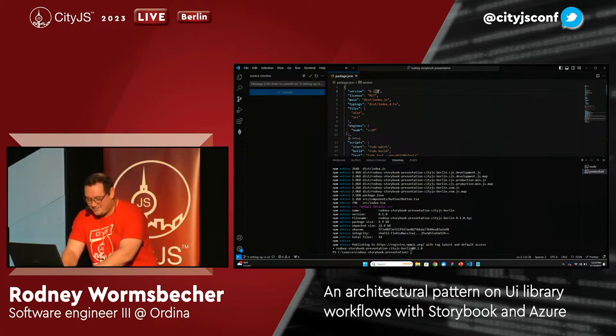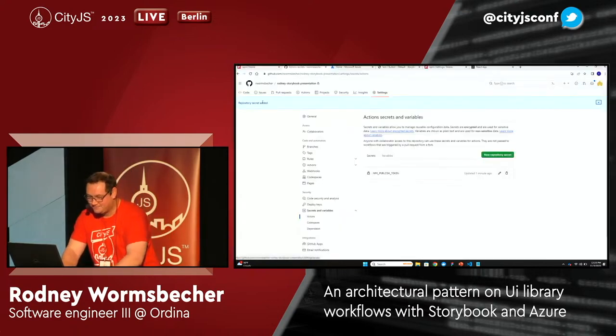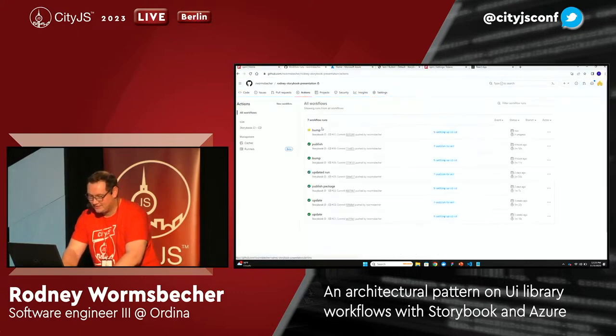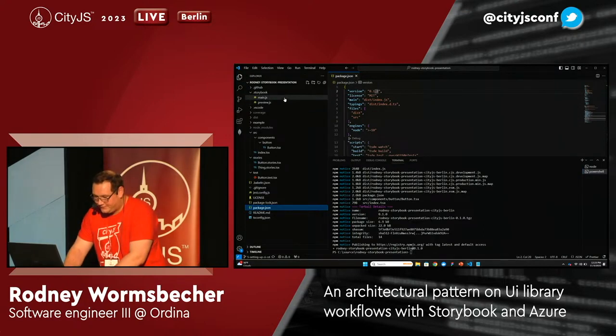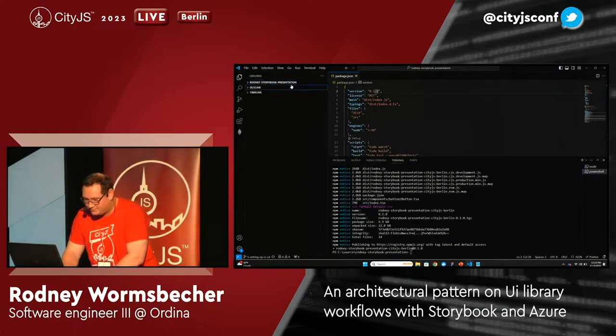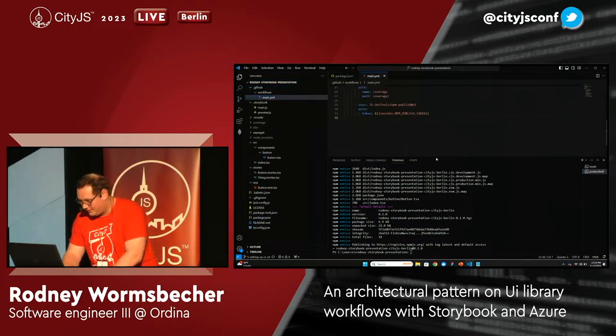Anyways, let's see what the action is running. So we go into actions, and bump is running. While it's running, I will explain the pipeline. So if we go into GitHub, GitHub, YAML, and